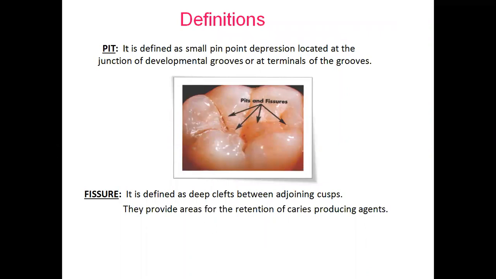To begin with, we should first know what pits and fissures are. Pits are small pinpoint depressions located at the junction of developmental grooves or present at the terminals of the grooves. These are the pinpoint depressions we can generally appreciate on the occlusal surfaces of teeth. Fissures are deep clefts present between adjoining cusps. Both pits and fissures provide areas for the retention of caries-producing agents like Streptococcus mutans and